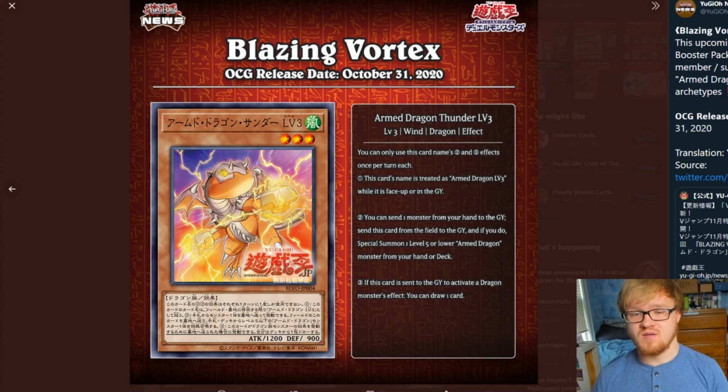The other thing though is that one of the biggest parts of those Armed Dragon cards that wasn't bad was their discarding effects. You could pop cards on your opponent's side of the field. That actually was pretty decent. It's just the cards themselves were too slow to actually get to the field. So these cards are going to take advantage of those discard effects while also speeding up the leveling up process, which is pretty cool. The first one is Armed Dragon Thunder level 3,